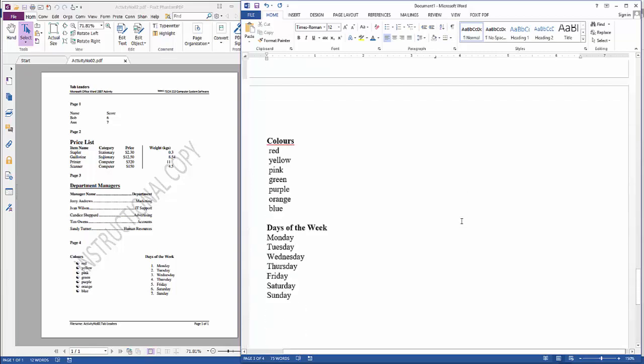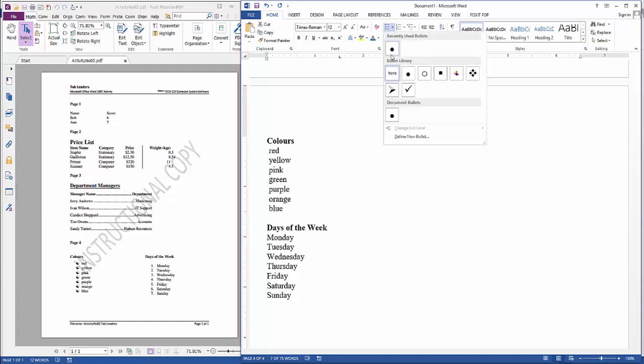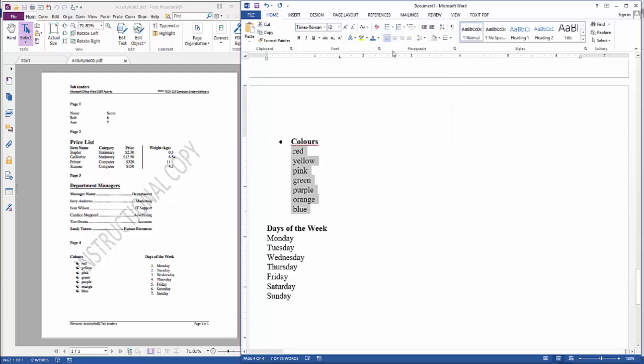So the next activity is about bullets and numbers. Bullets and numbers are also associated with tabs. So let's just say, for example, I want to apply the simple bullet. Oops, sorry. Let's show the hidden characters. So we have this problem because